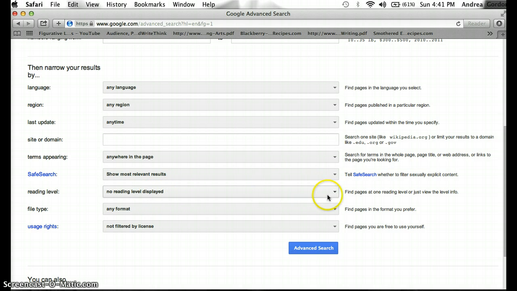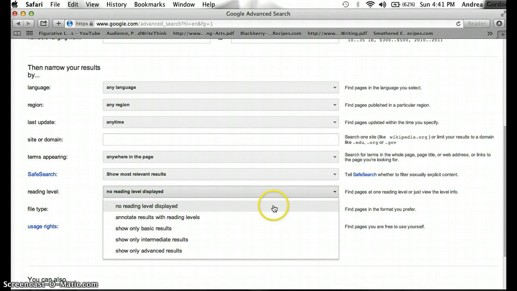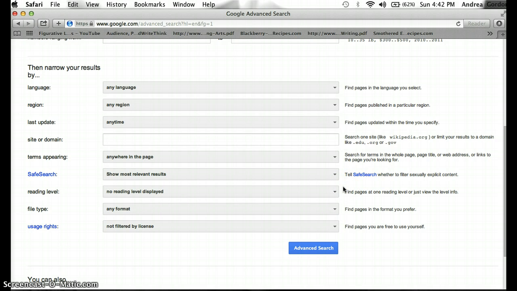The one that I use the most, and that I shared with my fellow teachers in my school, is reading level, and you can determine the reading level based on your student's ability or how difficult you want the material to show up on the Google search. So they've got basic results, intermediate results, advanced results. You can choose no reading level, but especially with the younger kids, my teachers have used the basic results, and it makes it a lot easier to research when you're being able to read things that are on your